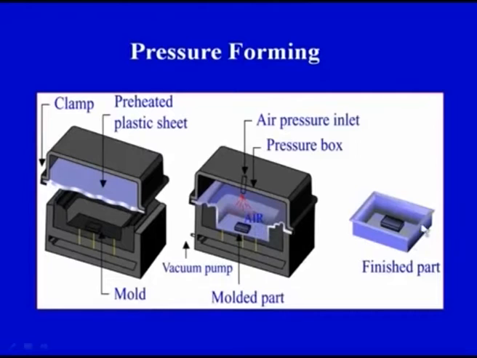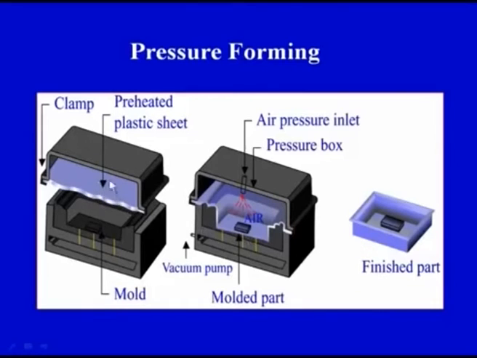Now according to the shape of the mold cavity, we will get the final shape of the plastic sheet. So here we can see stage 3, in which we have got the finished part, which was initially a flat sheet and now it has been deformed into a particular type of box with the specified dimensions. So the geometry which was earlier a flat sheet has now been made into a box by the application of heat and pressure.